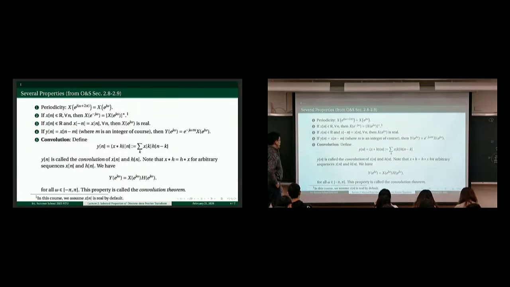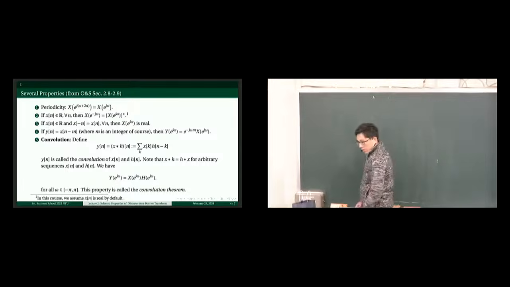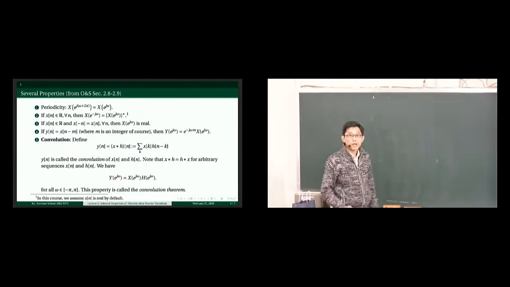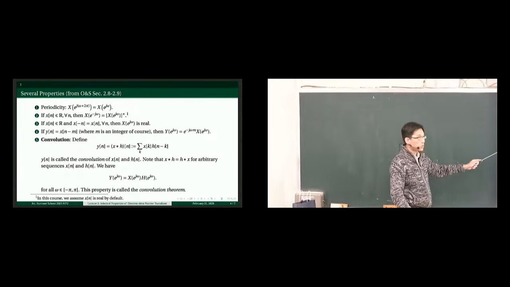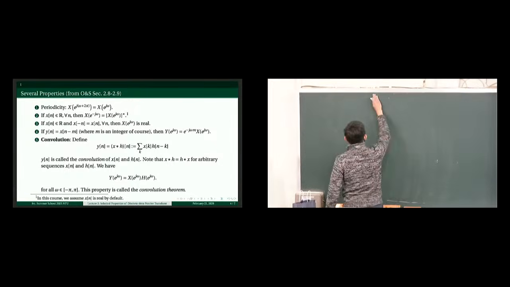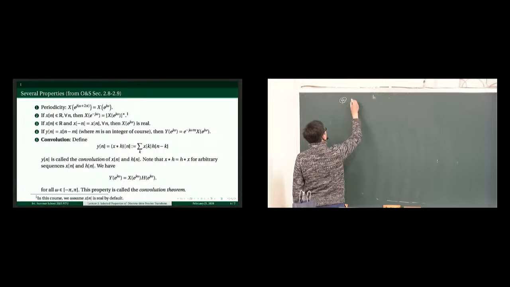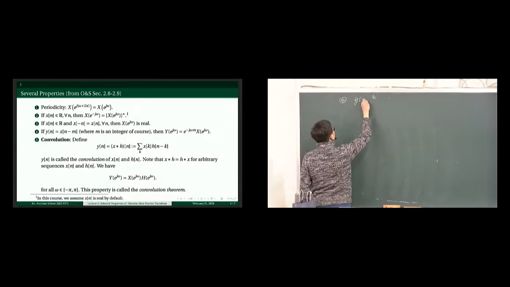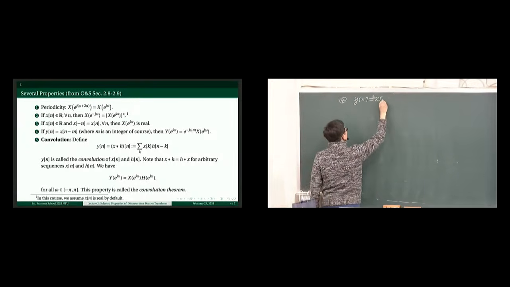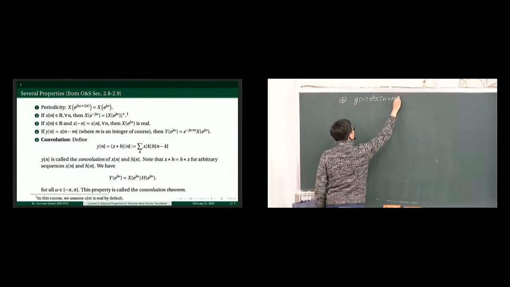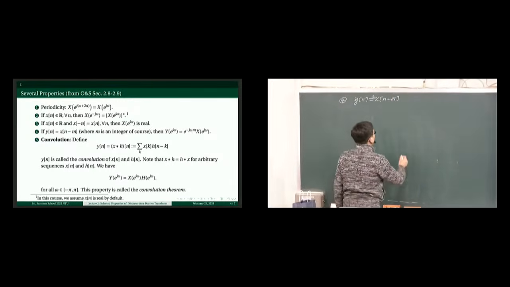That's the result. I will leave this as an exercise for you. It's rather straightforward to show that this is true. But let me just copy this. Fourth property: if y is x delayed by m samples, by shifting to the right by m samples,